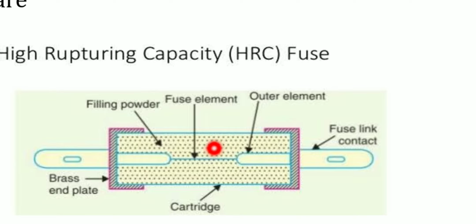So this media, nothing but what? There is a space inside this enclosure, completely filled with some kind of powder, that is quartz, chalk or marble dust. So this powder acts as an arc quenching media as well as the cooling media. Arc in the sense of spark, quenching in the sense of suppression. The arc suppression is done with the help of this powdery element. Getting my point? Hope all of you are clear about this construction.